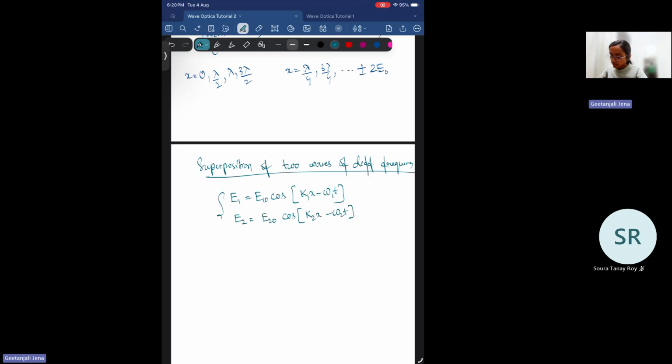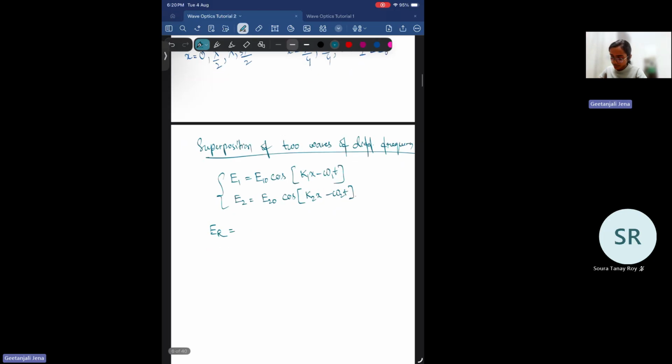When we combine E1 and E2, let's say E10 and E20 are the same, we can write it as 2E10 cos((k1 plus k2)/2 x minus (omega 1 plus omega 2)/2 t)